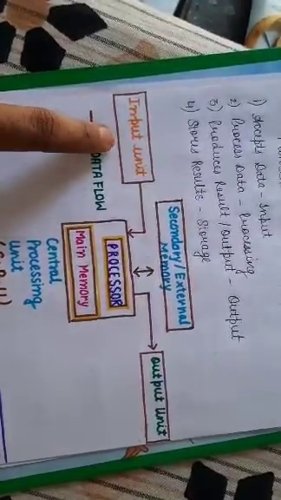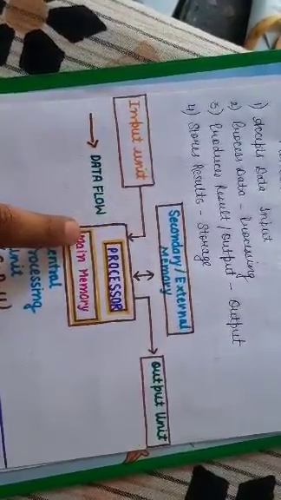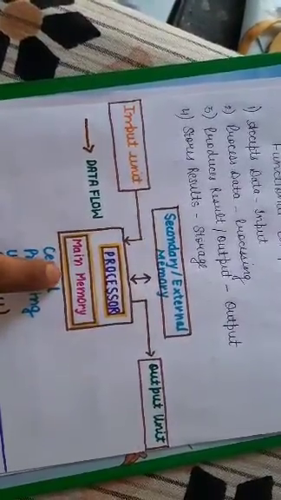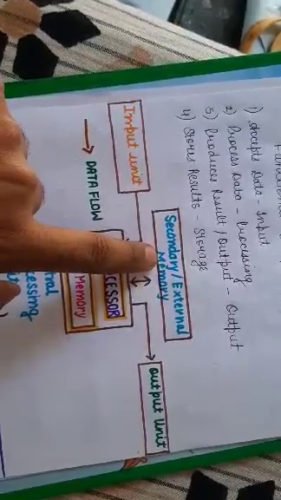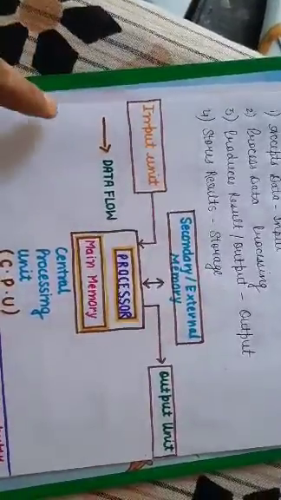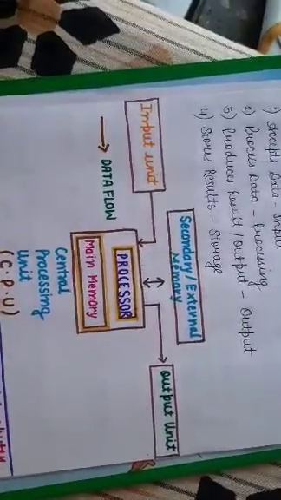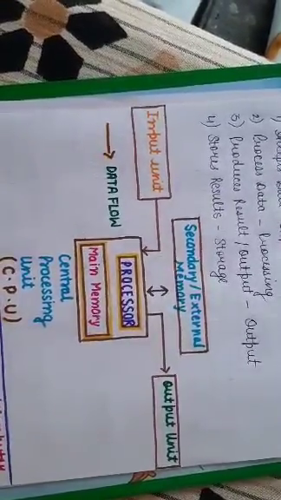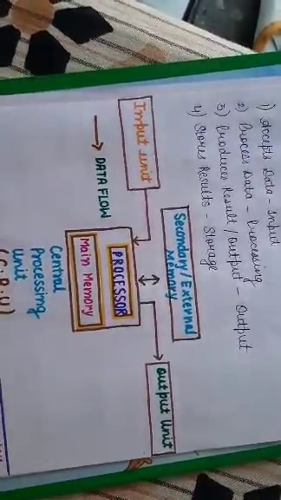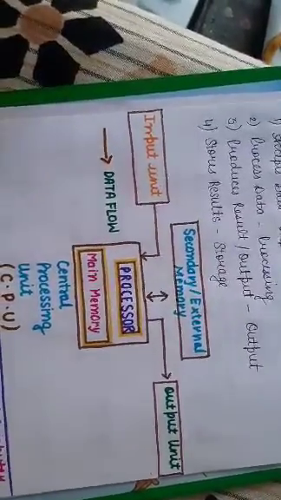First, we take the input from the input device. Data is transferred to the processing unit. With the help of the main unit and processor, we process the data. If required, data is transferred to the secondary unit, or data is transferred to the output unit. This complete cycle is known as the IPO cycle: input, process and output. If we get any problem, then the computer follows this IPO cycle and solves the problem according to the instructions or program.